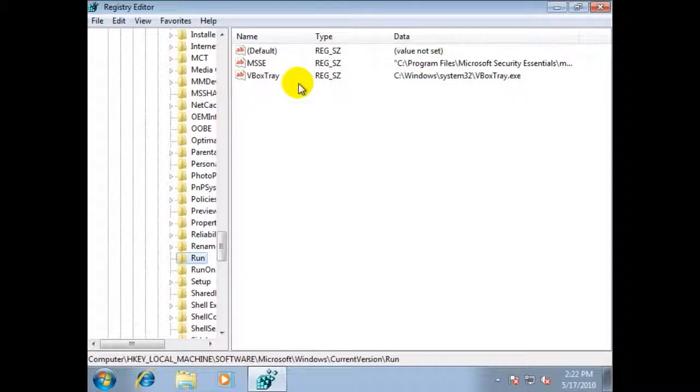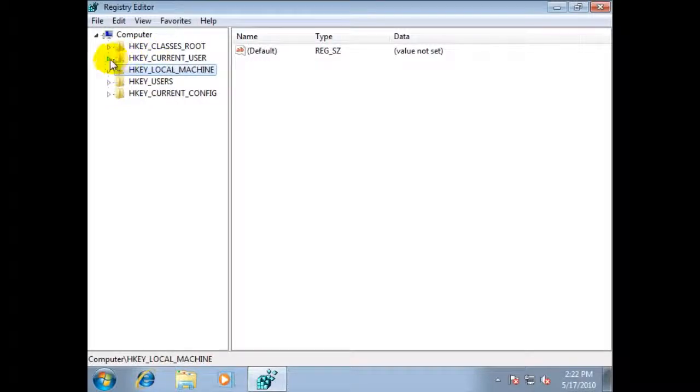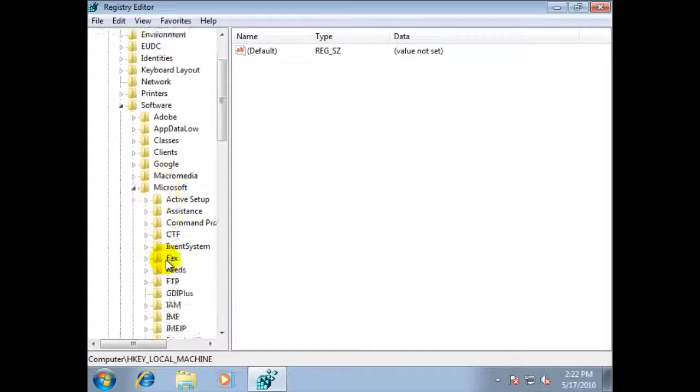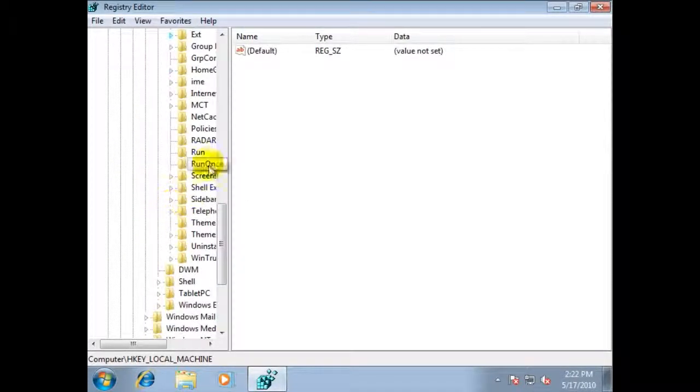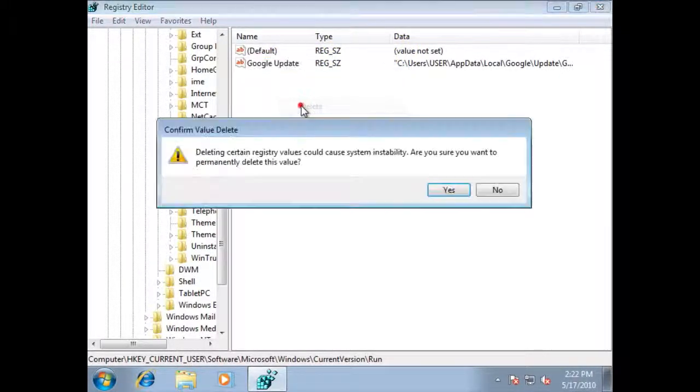If I wanted to delete these, all I would do is select it and click delete. If I delete it, then these pieces of software will not start up when the computer starts up. You should also go up to HKEY_CURRENT_USER and go to the same place: Software, Microsoft, Windows, CurrentVersion, Run, and you'll see here it's telling the computer to start Google Update when the computer starts up. If you didn't want Google Update to start, you can just right-click and say delete,